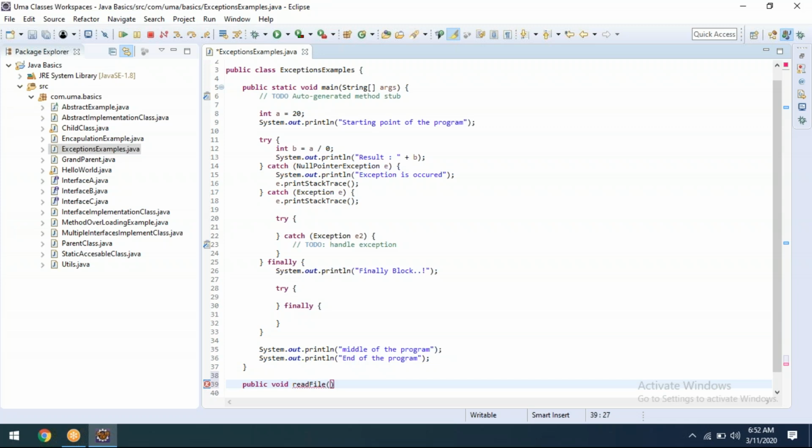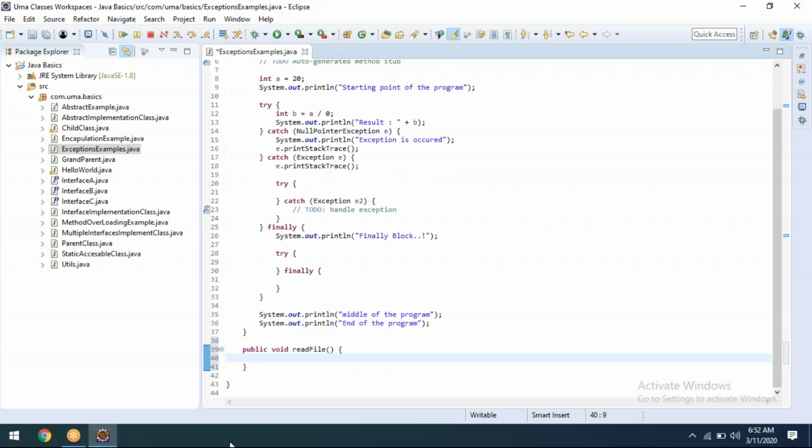We don't want to read the file completely, I'm just putting one SOP only, nothing much.